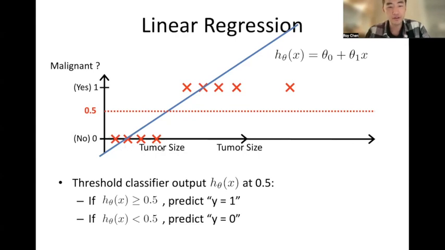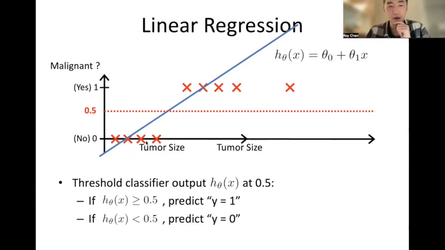By using this threshold, the model could perfectly identify whether a tumor is malignant or not, right? So you may be wondering, then in this case, we can just use a linear regression model to solve this problem and call it a day. We don't really need to use logistic regression. However, the problem here is that there are a lot of nuances or issues with using linear regression in